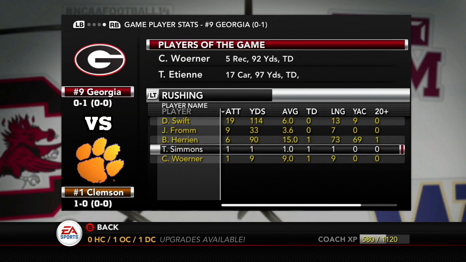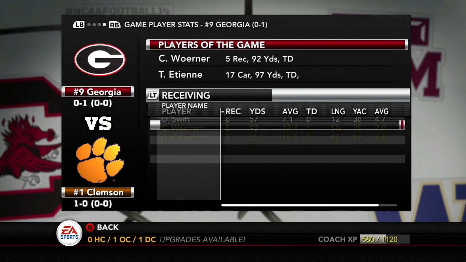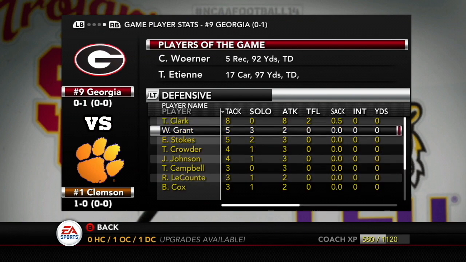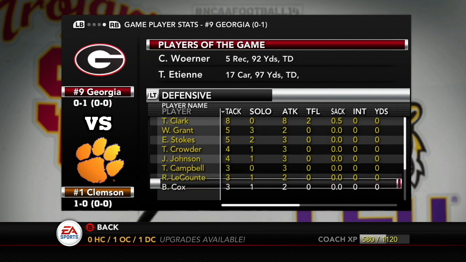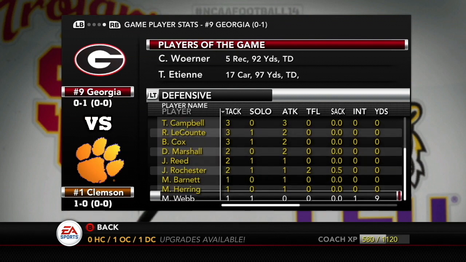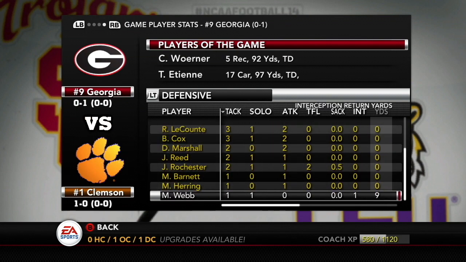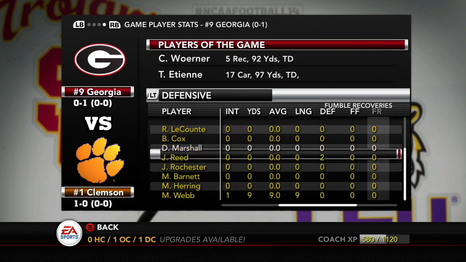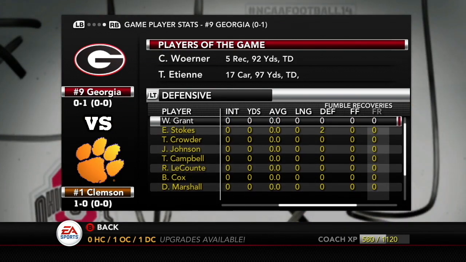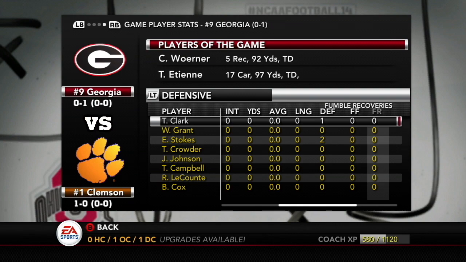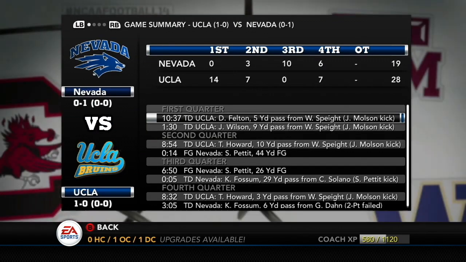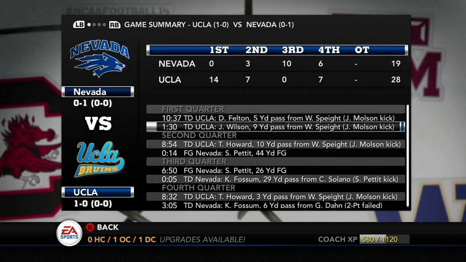A good offensive attack for Georgia, really. They put up points, they put up yards. But the defense just couldn't quite get enough stops as Clark had 8 tackles. No one else had more than 5. Webb had an interception. Reed had 2 pass breakups, 2 deflections right there. And yeah, that was all of note for defense right there. Rod Blankenship makes his only field goal try for Georgia. And our final game for week 1,